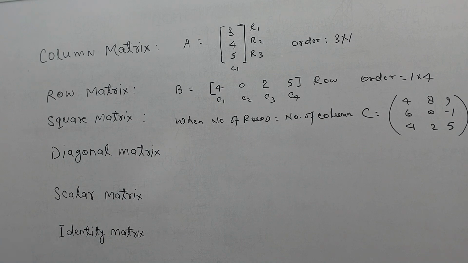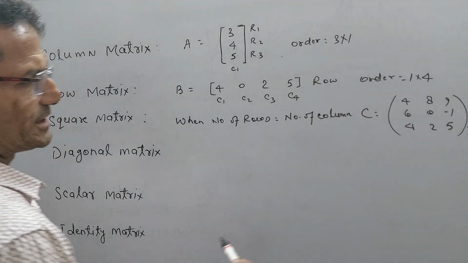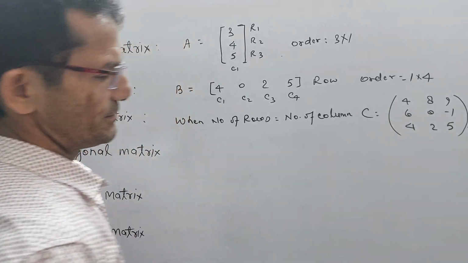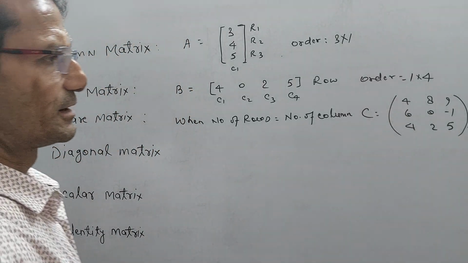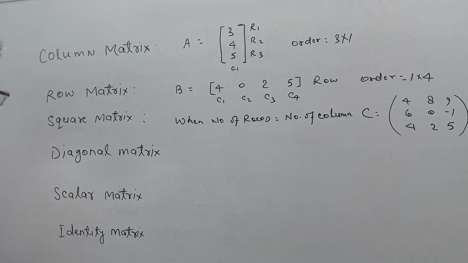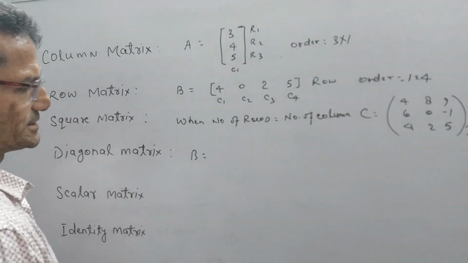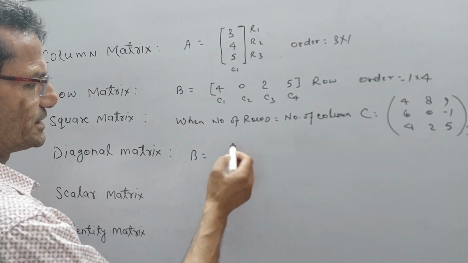Now in a diagonal matrix, the diagonal elements are known as the diagonals of the matrix. If all the entries of the matrix except the diagonals are 0, then it is called a diagonal matrix. Now let us explain with an example. Suppose this is a 3 by 3 matrix,